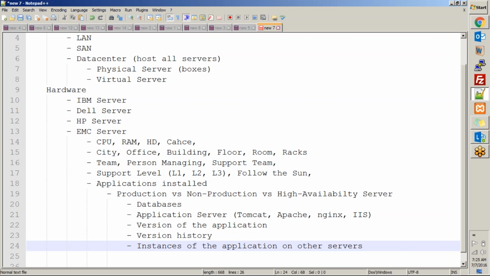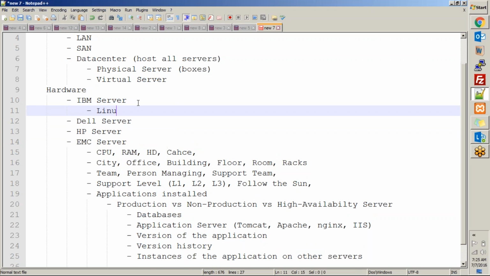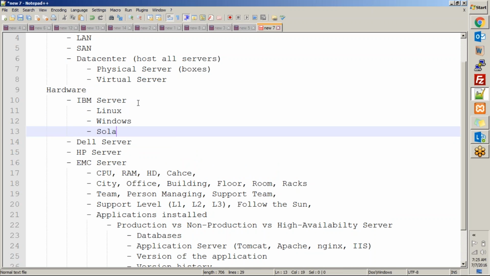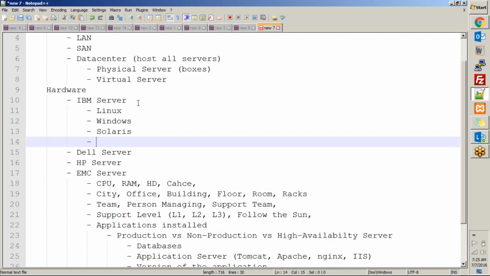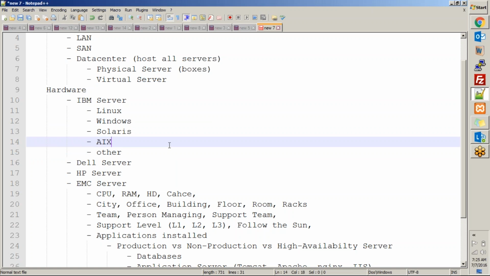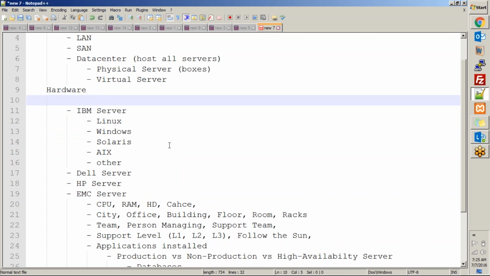So this way you have this much information, right? Now talking about the hardware, when we were identifying the servers, we also could have identified whether the server we have is, let's take just one example, a Linux server, a Windows server, a Solaris one, AIX, or other, right? So when you identify these servers within the server properties,